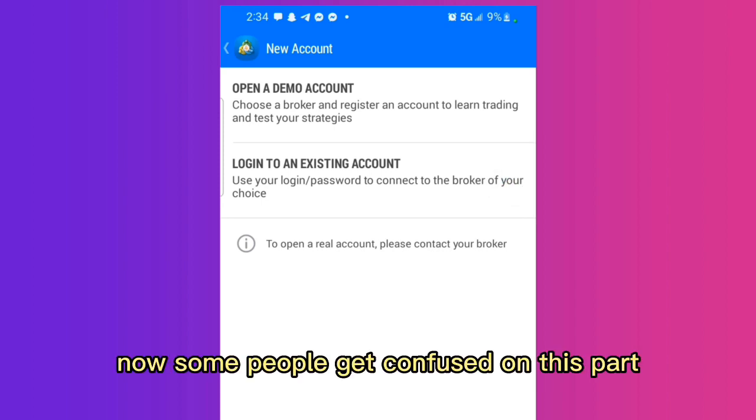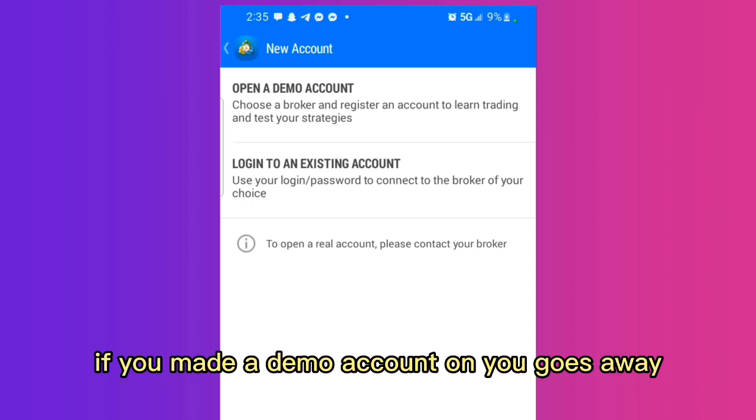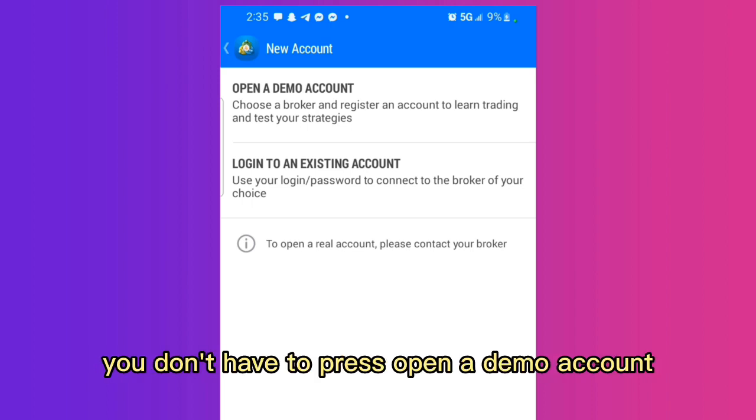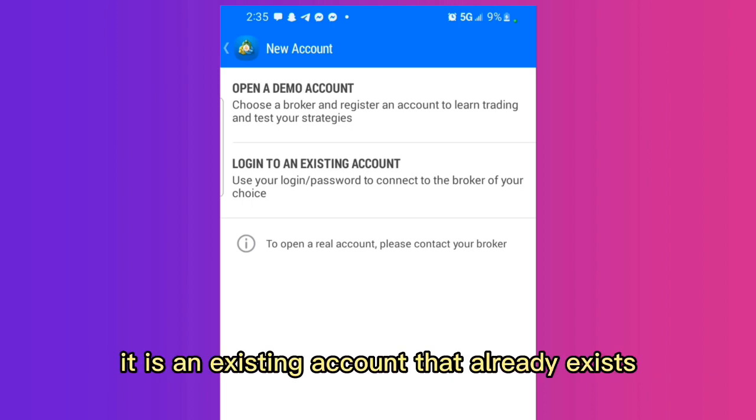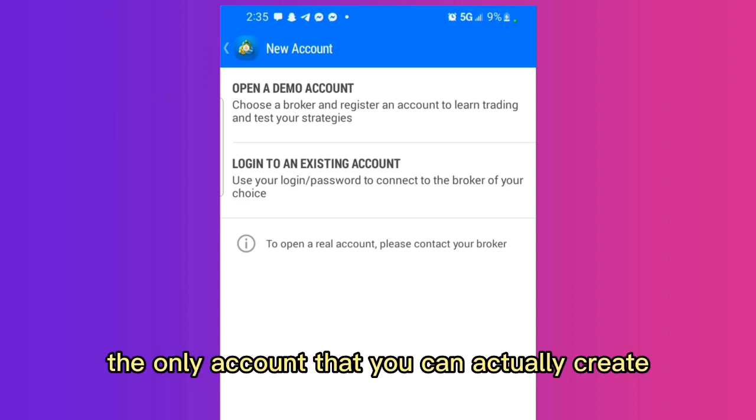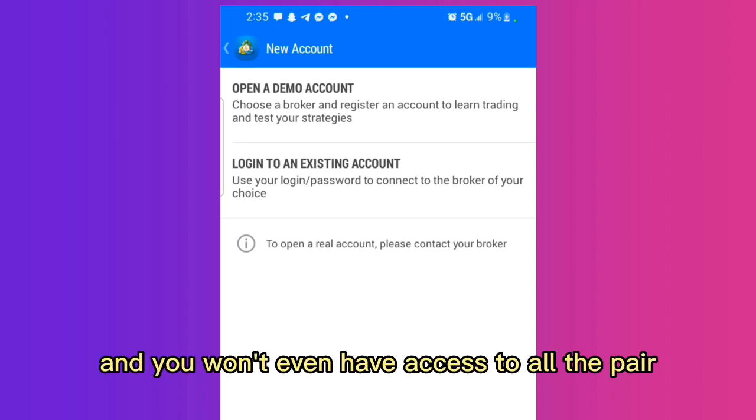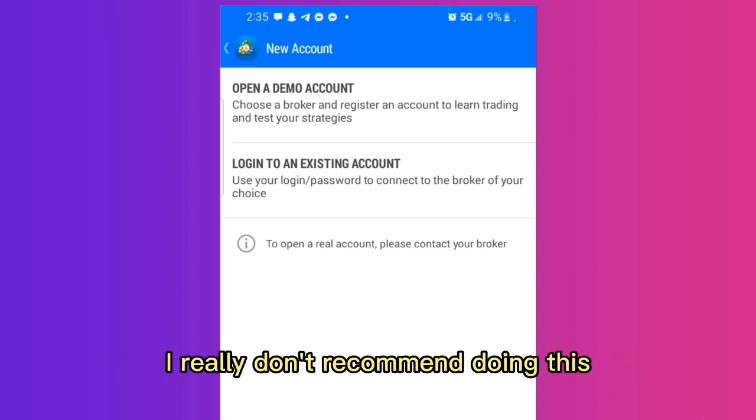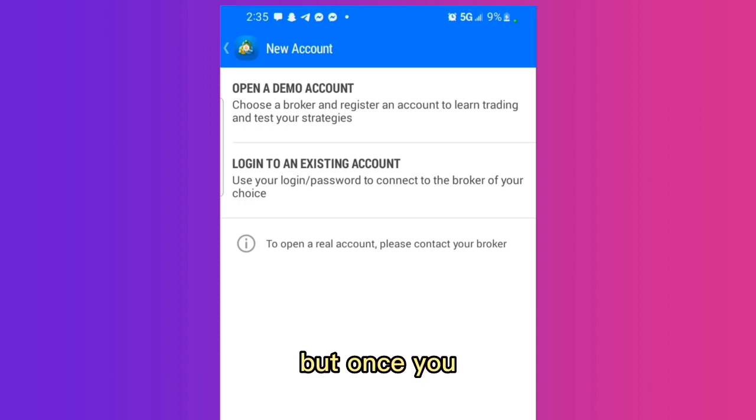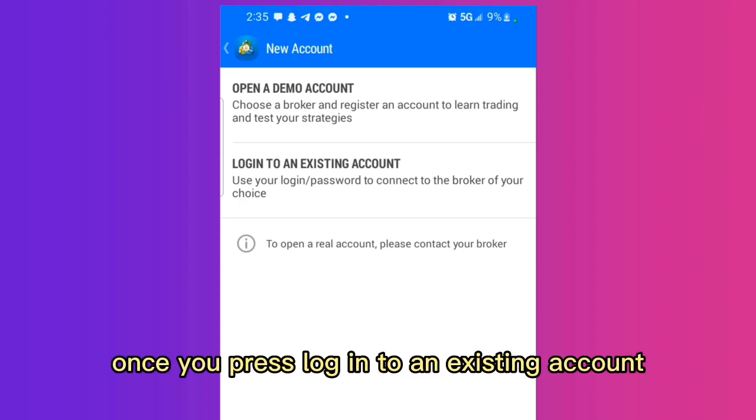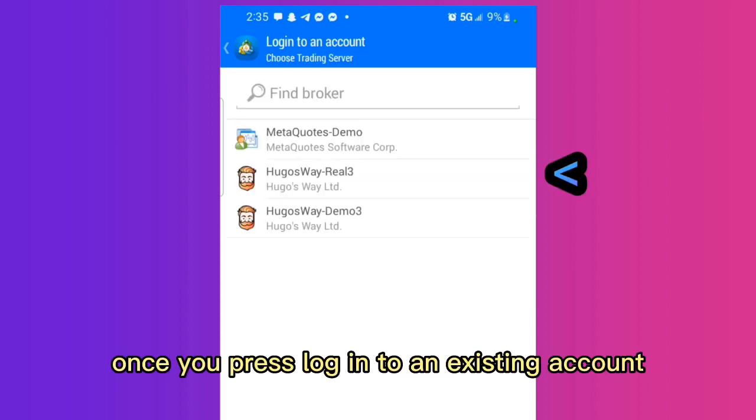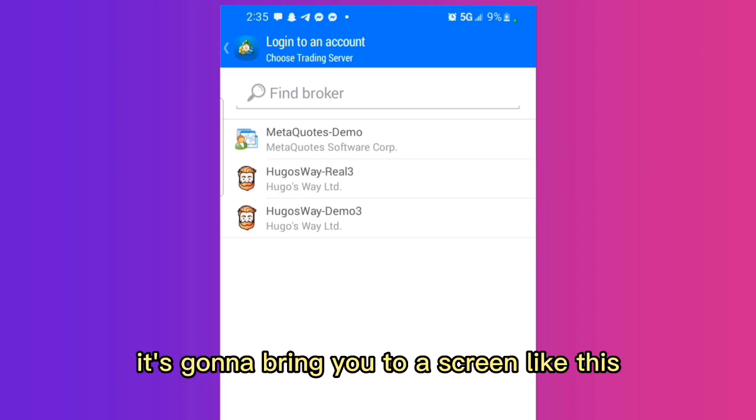Now, some people get confused on this part. If you made a demo account on Hugosway, you don't have to press open a demo account. It is an existing account that already exists. The only account that you can actually create on MetaTrader is a demo account, and you won't even have access to all the characters. I highly don't recommend doing this. But once you press log in to an existing account, it's going to bring you to a screen like this,